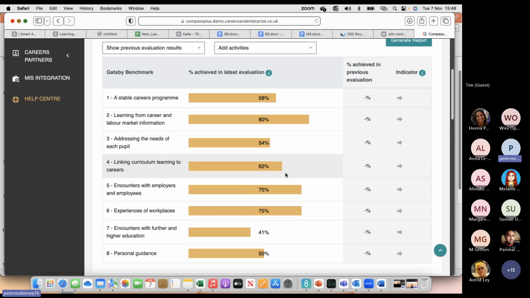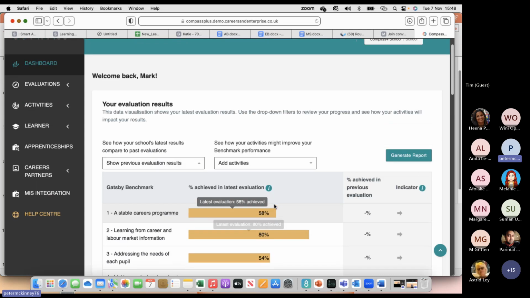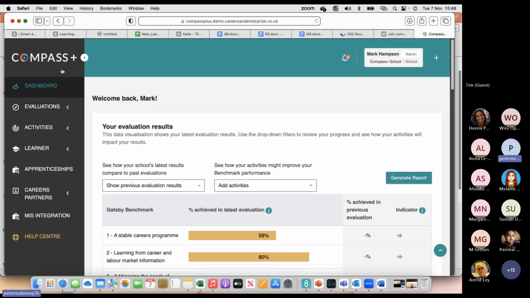Again, in terms of being strategic, you may want to focus on particular benchmarks, and it allows you at a glance to be able to do that. Where this information comes from is your evaluations. So if we go onto our navigation bar down the left-hand side here, and I click into evaluations,